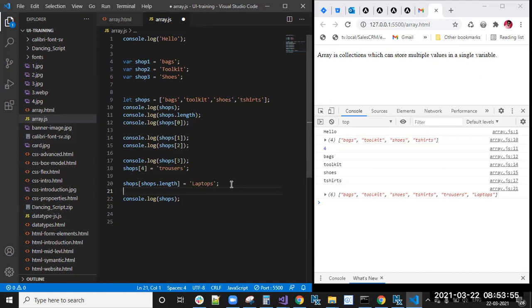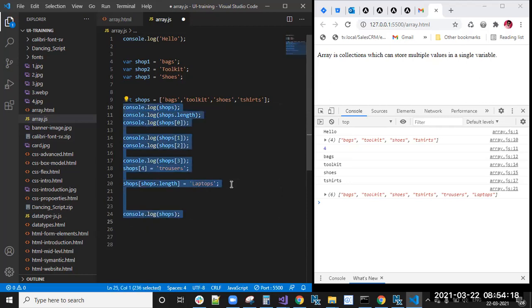Now, we have different types of methods to add elements and to remove elements. They are default methods. So what are those methods?